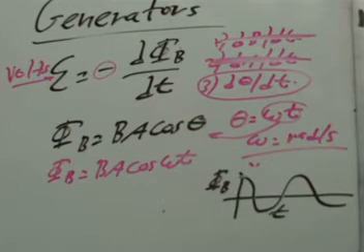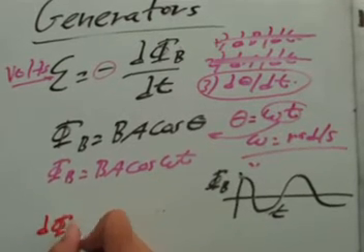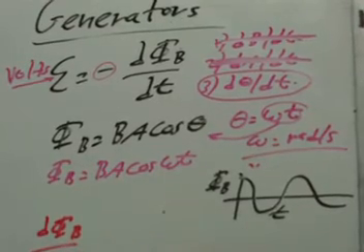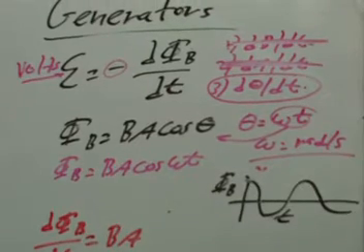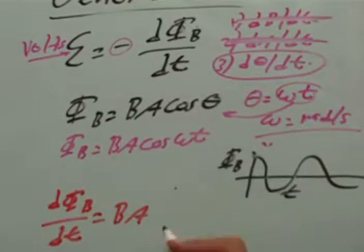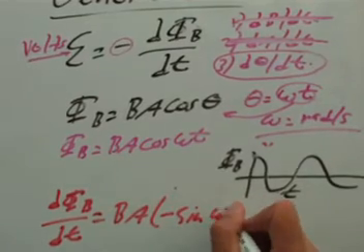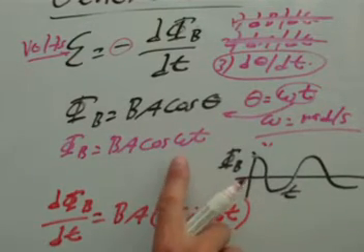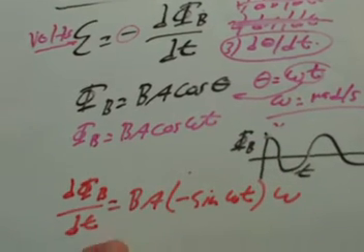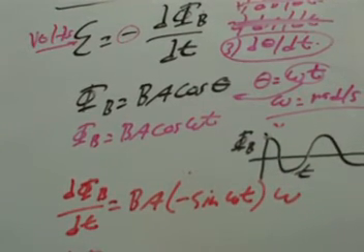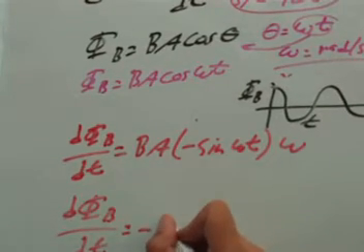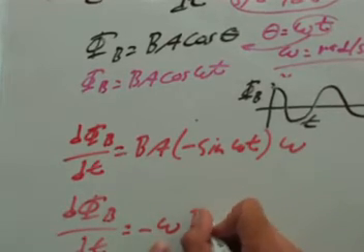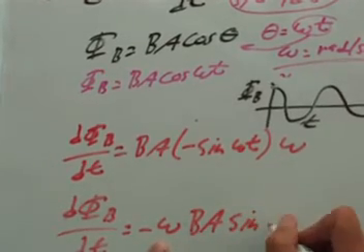So what does it mean to make an angle change? Well, before we do that, let's take that time derivative and see what we get. I'm taking the derivative of this function. Remember, B and A are constant, B times A. The time derivative of cosine is minus sine. Then you have to take the derivative of the inside also, so the derivative of omega t is just omega. So d flux dt, the non-zero item I need to get a voltage according to Faraday's law, is minus omega, the rotational rate, times the magnetic field, times the area, times the sine of omega